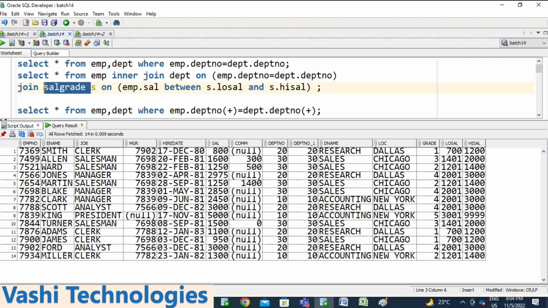Table 1 and table 2 become one table. Now AB plus C becomes ABC. So if you are writing n number of tables, you need to use n minus 1 joins. Now we are using three tables, 3 minus 1, like two joins. If you are using two tables,